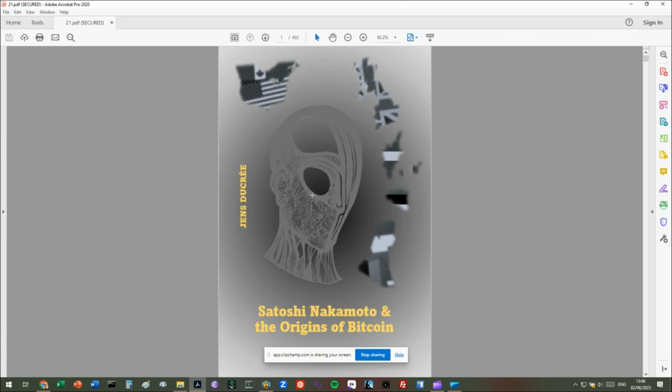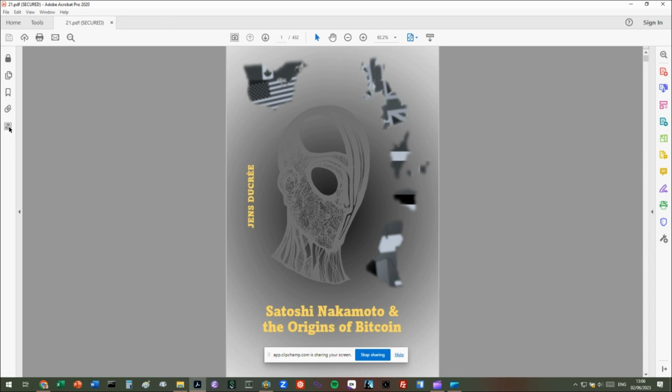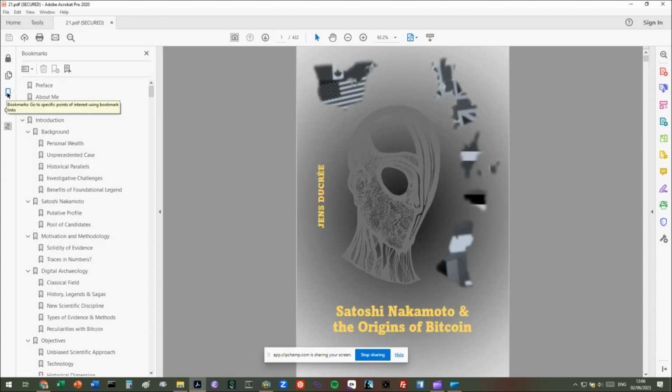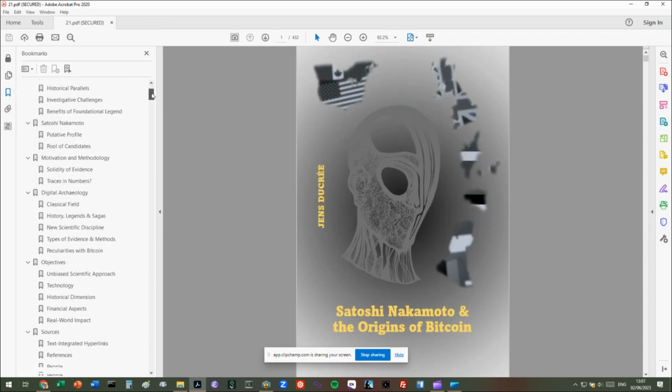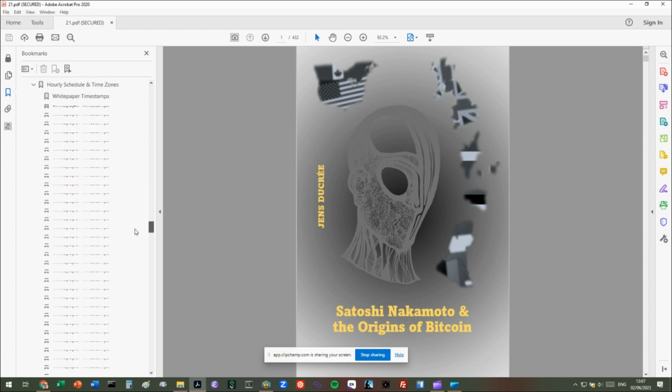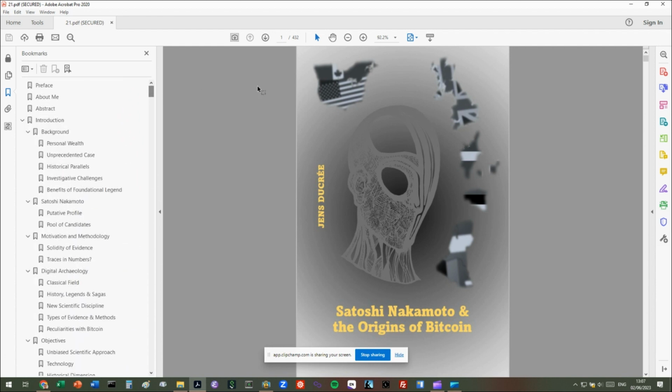But I see the first page. Now that's pretty much the cover page for a potential paper version that I might issue in the forthcoming weeks or months. But I just want to show you why I think the PDF is the preferred format. So first of all, you have a nice overview. If you open the bookmarks, you see that all the sections, chapters, subsections, and so on are here. But since it's a long book, about 430 pages,